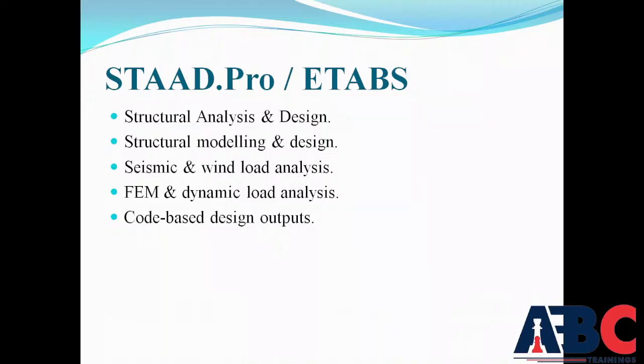So the first one is about structure analysis and design. Both tools allow engineers to create accurate 3D structural models using elements like beams, columns, slabs, shear walls, foundations and trusses. Engineers can create a structural model very efficiently using beams, columns, slabs and shear walls. 3D visualization and geometry creation is done in it. Material property assignment is done in it. Auto generation of structural components, and steel, concrete and composite structures are also supported.